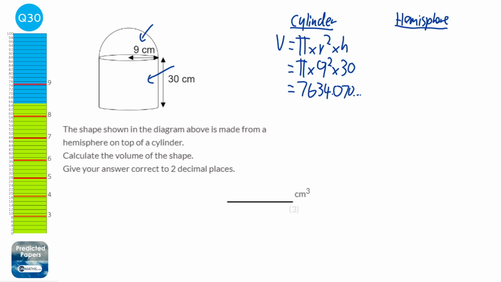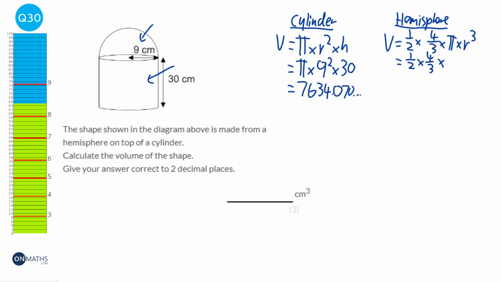To find the volume of the hemisphere, well, the volume of a sphere is 4/3 times pi times r cubed. But because it's a hemisphere, we just times that by a half. So it's half times 4/3 times pi times r, which is the radius, which is 9 cubed. And that gives us